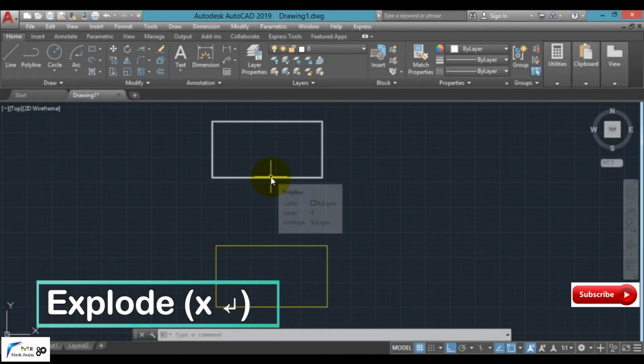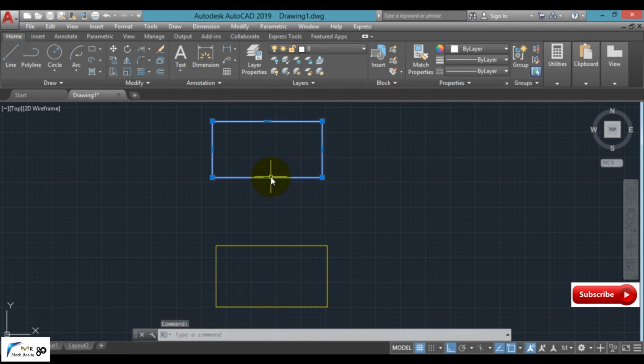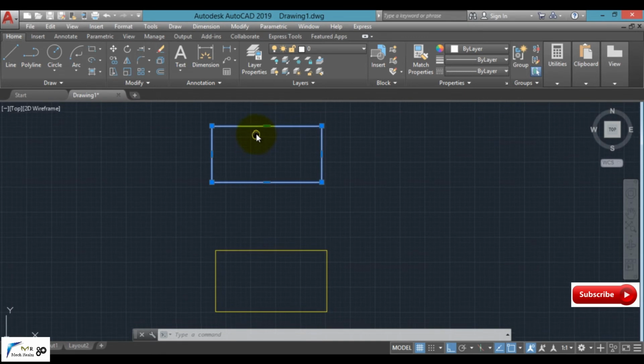As can be seen, on selecting a rectangle made with the help of the rectangle command, a single click helps us select the whole rectangle, because it is created with the rectangle command, and the rectangle command is a type of polyline command. Clear? Now if we have to break these lines into separate lines, we have to select the explode command.